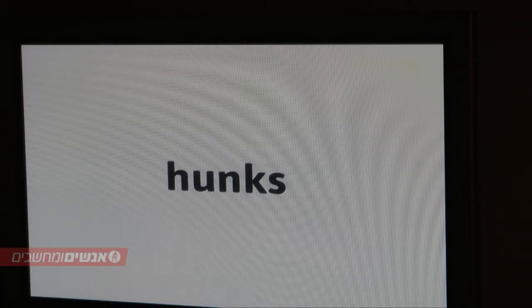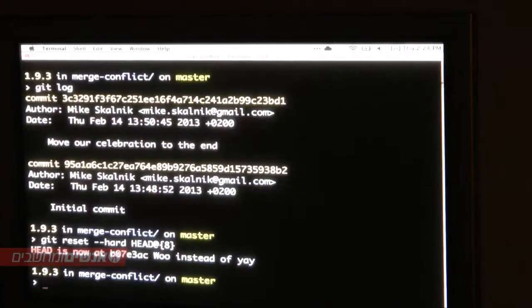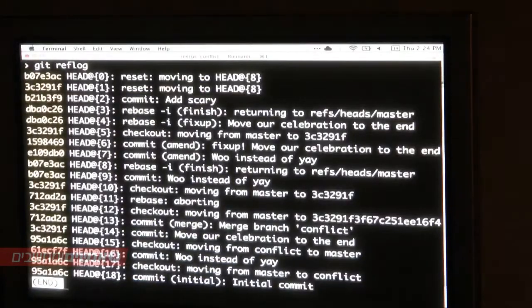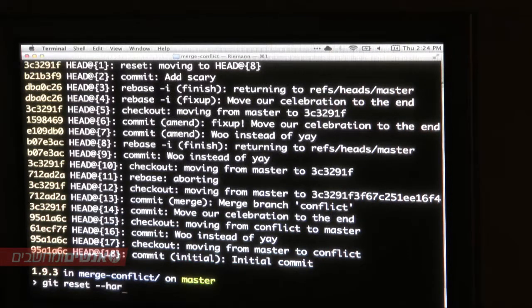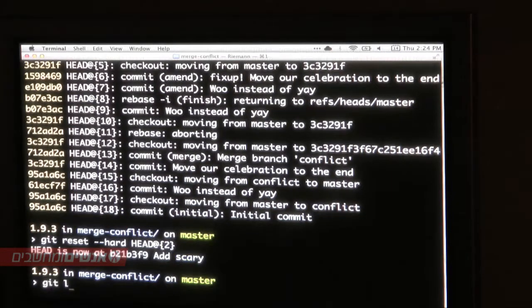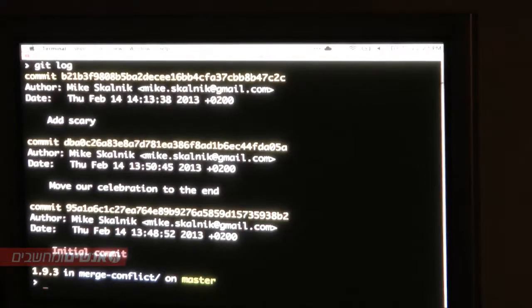Also for hard reset, if we look at our reflog now, we'll see those resets. So even though we've reset, we can even go before that too, which is nice. Even if we were like, okay, well, that reset was a bad idea, we can go back to edit 2. And there, now we've recovered exactly where we used to be, which works out very well.